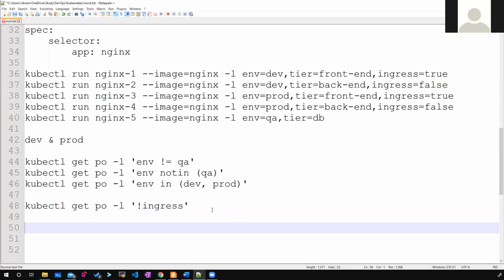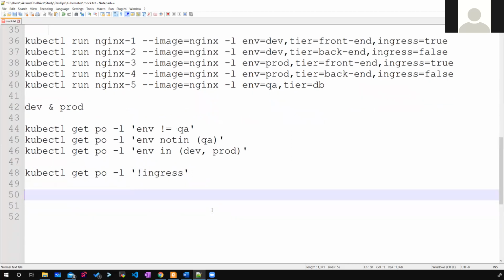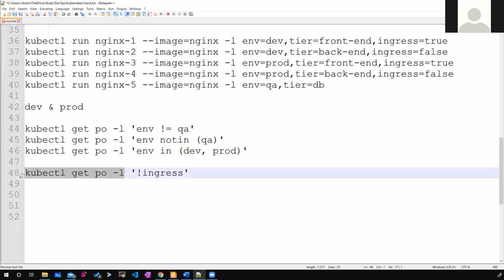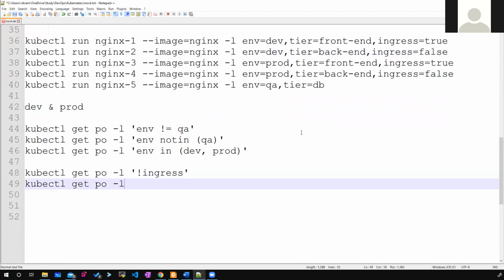Okay. And so for example, now you can see ingress as true, false and all, right? Yes. Now my question is, I want to get the pods which are there in dev, but the ingress should be disabled, meaning ingress should be false. Basically environment dev and ingress is false, right? Right. So there are two operations. So kubectl get po hyphen L, and first I'll use environment equal to dev.